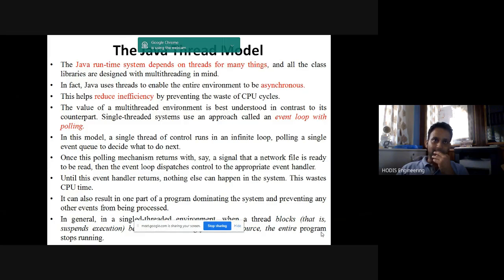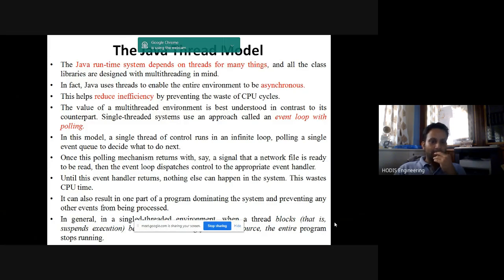It's very simple. Say, for example, you have something in the queue. If it is the one to be executed next, then the event loop handler will get access to that and go on working with it. It will not give the processor space to anybody else. So that means it's like blocking something. This wastes CPU time. That is what the whole point is all about.